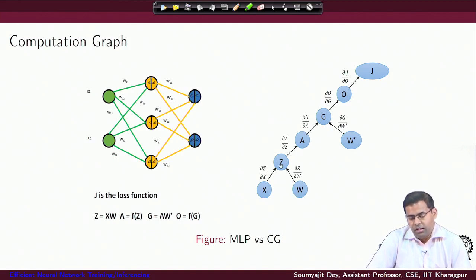So, for every node I can compute its derivative with respect to the variables in the corresponding nodes on its incoming edges, right. So, given z, I can figure out dz dw, or tracking backwards, let us say I want to compute some overall derivative, I can follow the chain rule as we know, and compute each of the individual derivatives and compose them. So, we will see an example, but before that, all I am trying to say here is, since I have this kind of dependency, for every node I can figure out, let us say from j to o there is a dependency, I can compute del j del o. Similarly, I can compute del o del g, del w prime, del g del a, del z, and so forth.